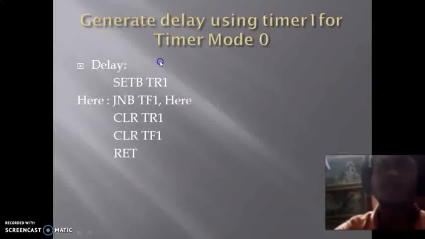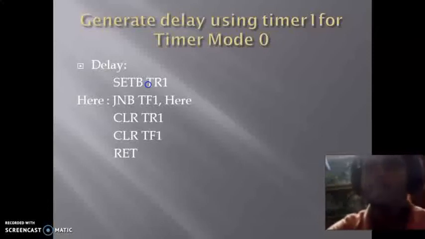Now the first program by using the timer counter: generate a delay using timer 1 in timer mode 0. If you want to start the timer, we have to use SETB TR1 so that timer 1 can be started. Then it will try to find whether TF1 is set as 1 or not. TF1 will be set as 1 when timer 1 overflows.